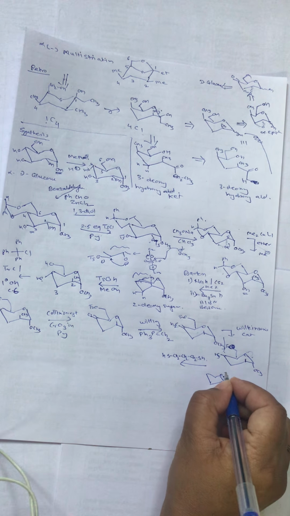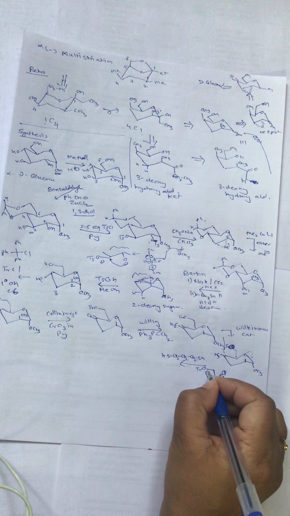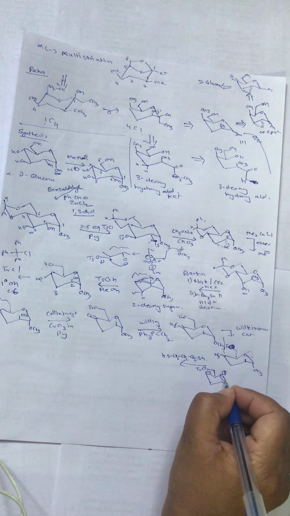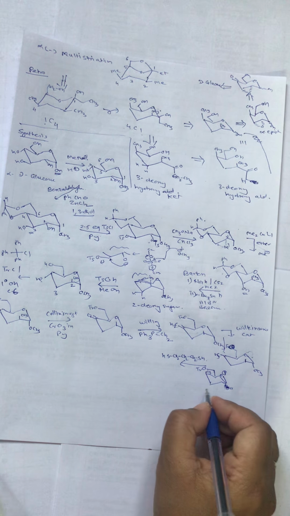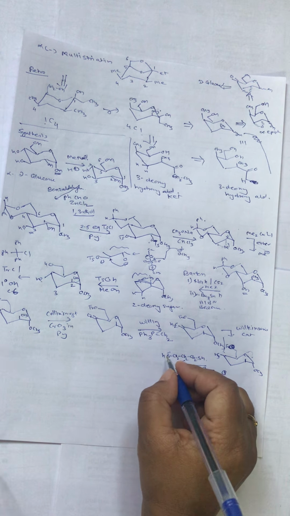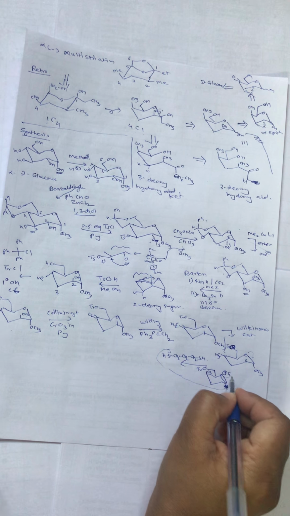Sorry, this will form a plus charge. This is OTR, CH3, and we don't have a bond here. This OCH3 is gone, and now this lone pair will attack on this carbon atom and double bond will go,